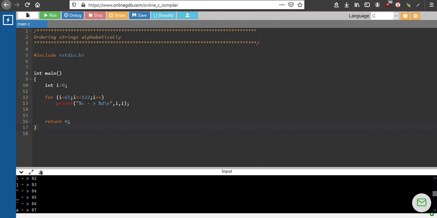These are capital letters. Afterwards, from 97, small case a will start. It will also keep on increasing up to z; 120 is for x, and z follows. Basically, the idea is that we will be comparing these ASCII values. A character with a lower ASCII value should come before a character with a higher ASCII value. That is the concept. For example, if there are two words, apple and Berlin, A has an ASCII value of 65 and B has 66, so the one with the lower ASCII value should come before the one with the higher ASCII value.